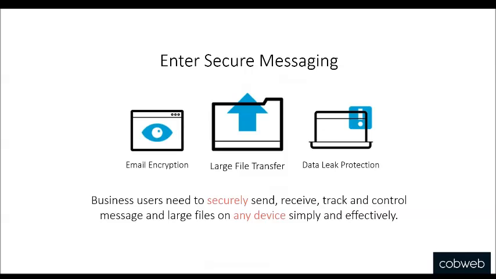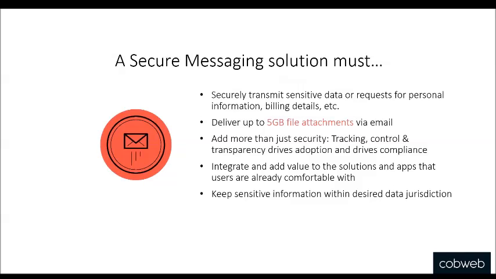So what are some things that you can do to help? One example is researching a secure messaging platform, something that gives you the ability to encrypt messages, encrypt data, reduce human error by automating the delivery of that data, but more importantly, allow you to share file attachments of any size. Your employees need a way to securely send, receive, and track this information, and of course, they need to be able to do it from any device wherever they are, at work or at home or on the road.